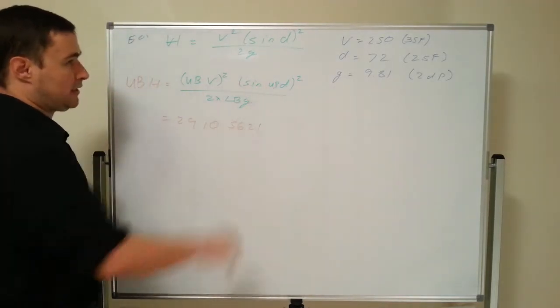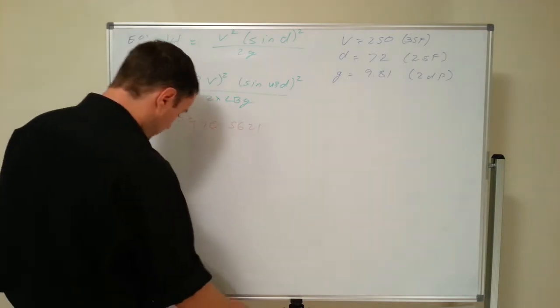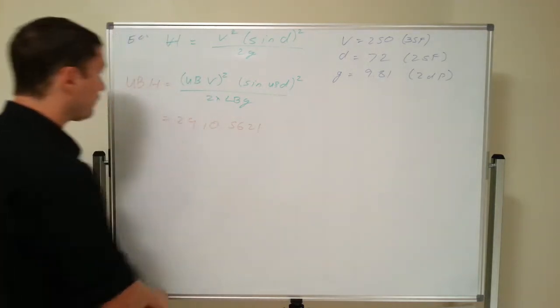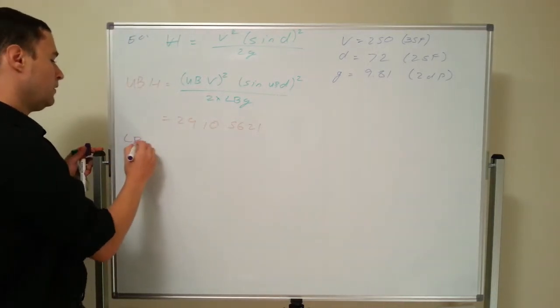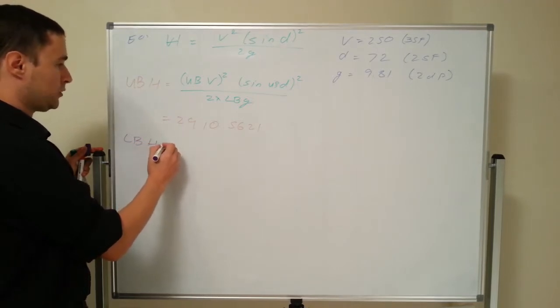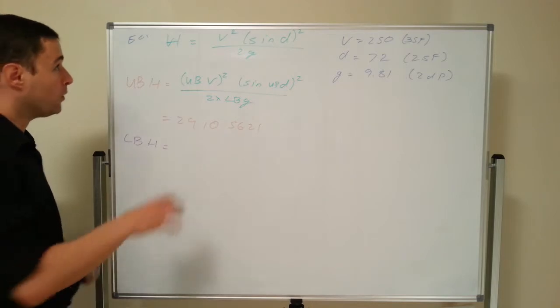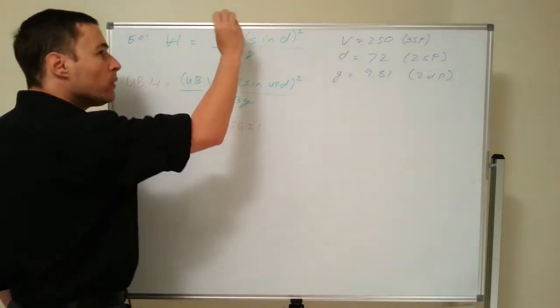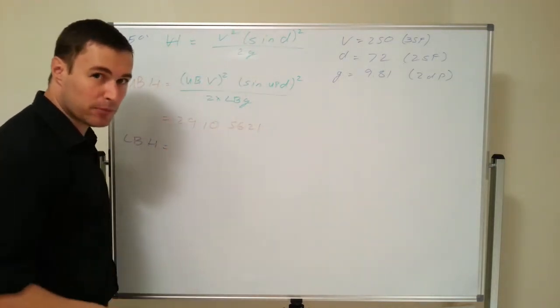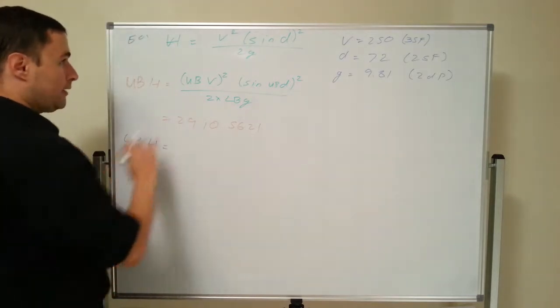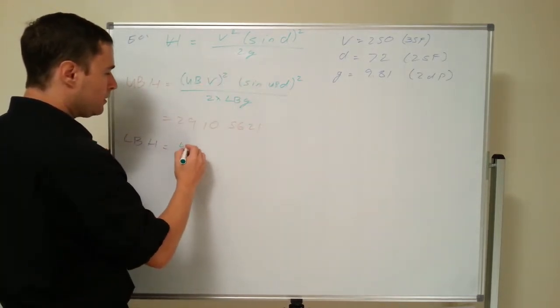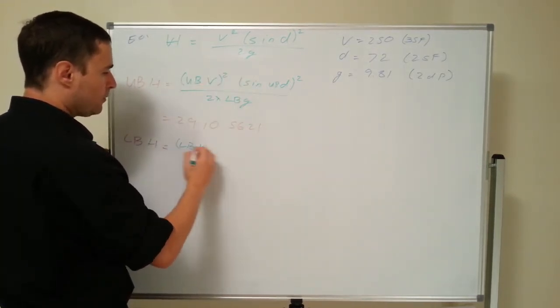Okay, fantastic. Right, then they said, okay, super, that's the upper bound, sir. Find me, please, the lower bound of this whole thing. Lower bound of h, right? Well, for the lower bound of a fraction, I want the smallest number on top divided by the biggest number at the bottom. And on top I've got multiplication, so I want the lower bound of v